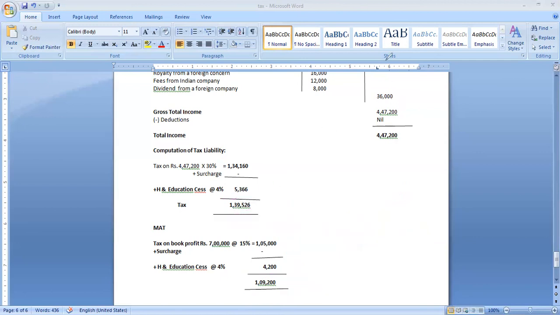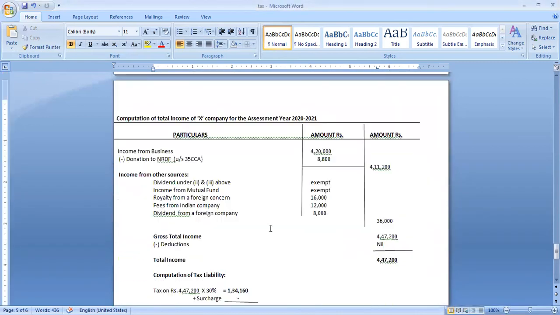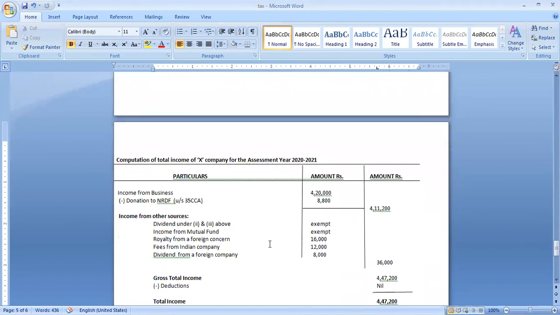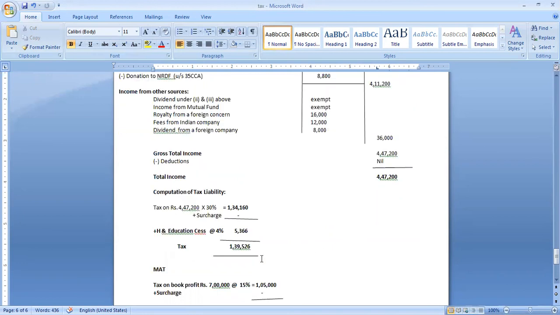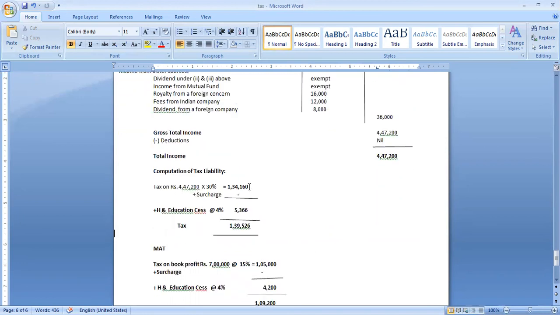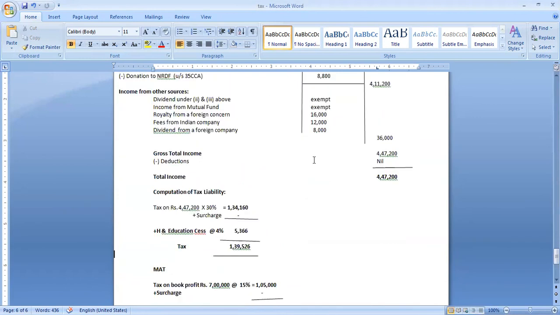So I am repeating the process, my dear friends. The difference between an individual assessee and a corporate assessee is, for an individual assessee, you will simply add all the incomes, allow deductions, and total taxable income will come. The tax liability you find based on a slab system. But for a corporate assessee, there is no slab system. You add all incomes, allow deductions, and on the taxable income, at a flat rate of 30%, you calculate the tax.